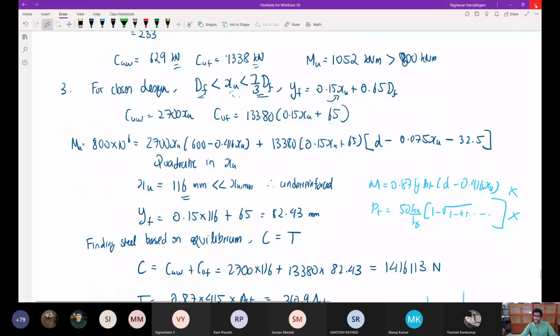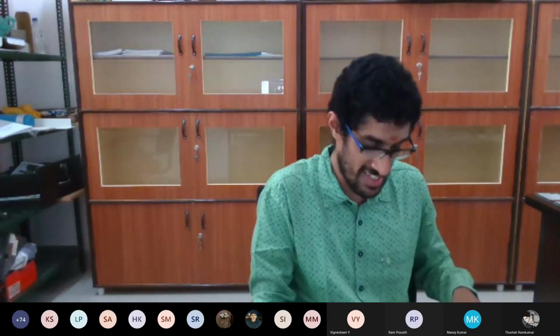I'll stop with this. Tomorrow we'll probably do an analysis problem on flanged beam in LSM itself. Usually I used to do this also for WSM flange section, but in the interest of time I'm omitting that for you, since we started late and all. So tomorrow we'll do that, and if possible we'll start a one-way slab problem tomorrow. Otherwise we'll see it next week.